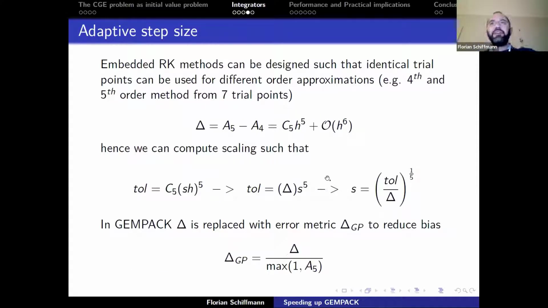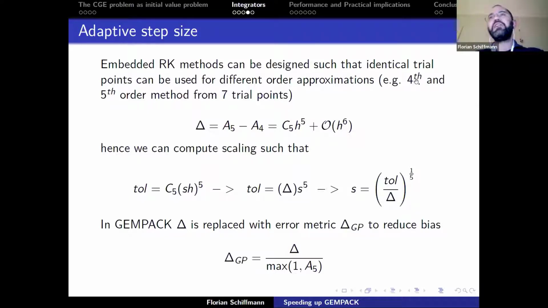However, some clever people have found out that in the scheme I described, where you poke your gradient field and figure out some trial points, with little extra work you can actually construct 2 methods for the price of 1 by using the same trial points, and you can still construct 2 very good methods which have very low error coefficients. These are called embedded Runge-Kutta methods, and one of the most famous is the Dormand-Prince method, which is a 4th order method,